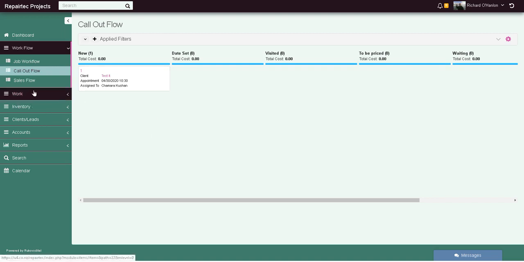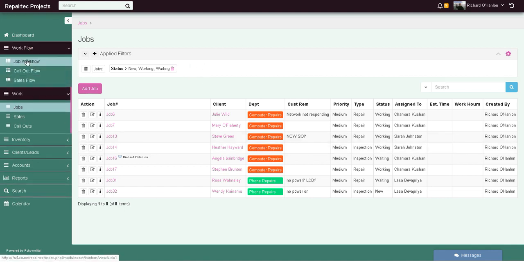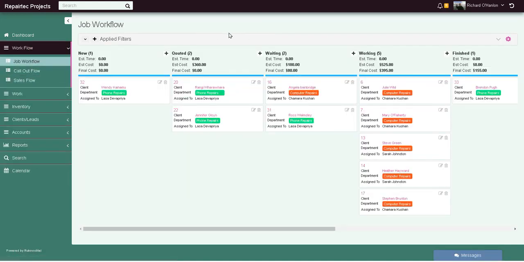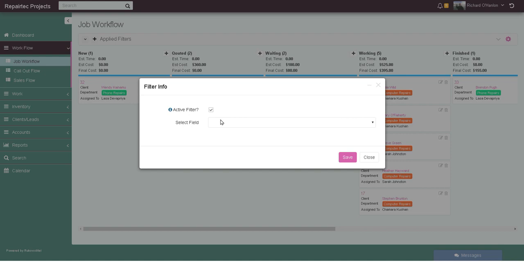You don't need work. If you want to go to all the jobs, you can go to work and jobs. It'll show all the jobs in the whole thing. Shows the department, which is phones or computer repairs. Going back to the workflow, if I go to the workflow here and I just want my one, so say I'm Lhasa and I just want the Lhasa ones, I can say right,